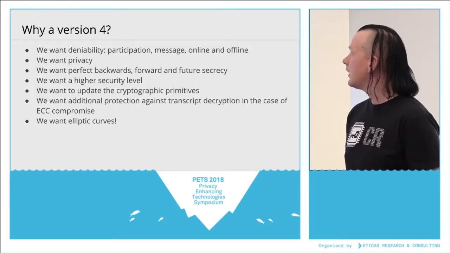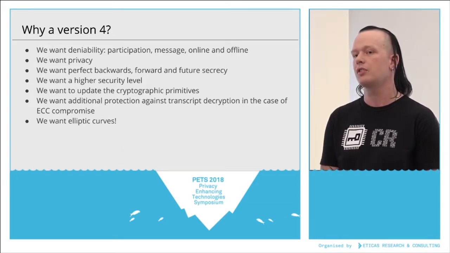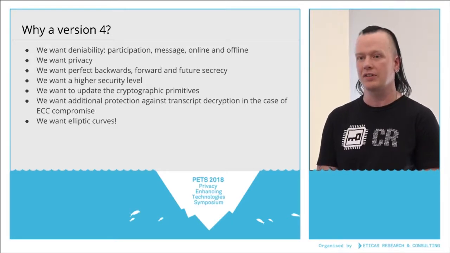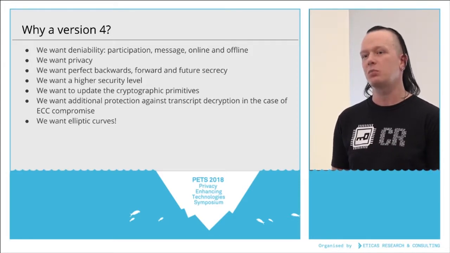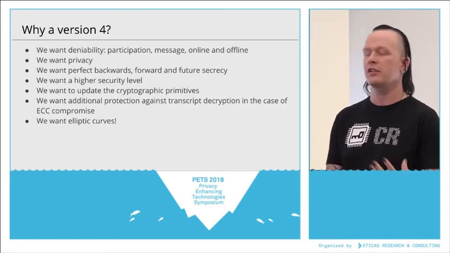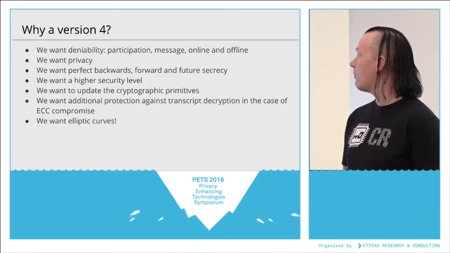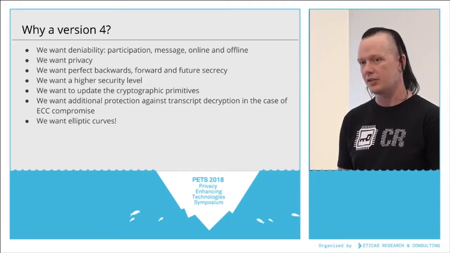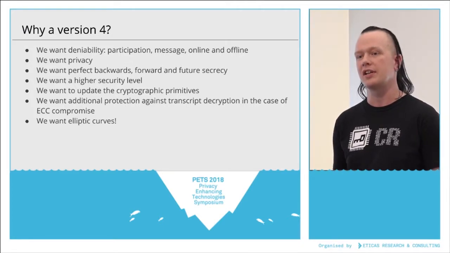Now, there are many different types of deniability we are interested in, and when it comes to OTR version 4, the 4 types of deniability we are focusing on are participation deniability, as in we want it to be impossible to produce a proof to someone else that we actually had the conversation. Message deniability, which is that one party cannot produce a proof that something specific was said. Online deniability and offline deniability. Online deniability was covered during Nick's talk, and offline deniability is what has been traditionally called deniability without any qualifier.